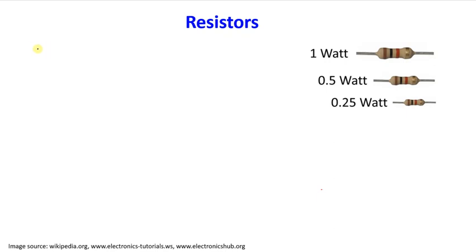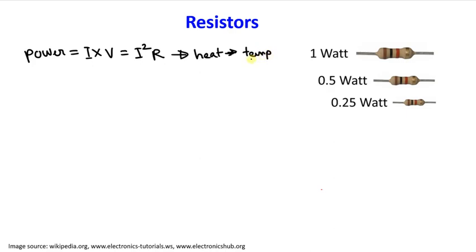Another important aspect of a resistor is its power dissipation. And how can you find power dissipation? It's I into V, or you can also find it from I square into R, right? And how is the power dissipated in a resistor? In the form of heat, right? And due to this heat, the temperature will increase. So depending on the use of a particular resistor in a circuit, particularly on the values of its I and V, you have to use the proper value of wattage for that resistor.